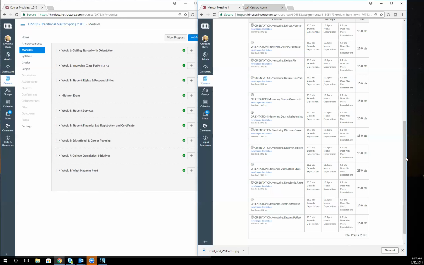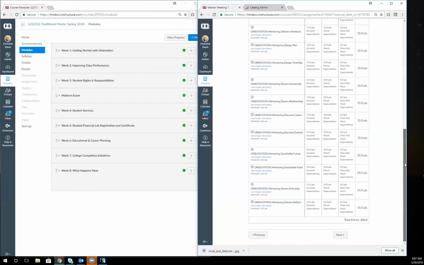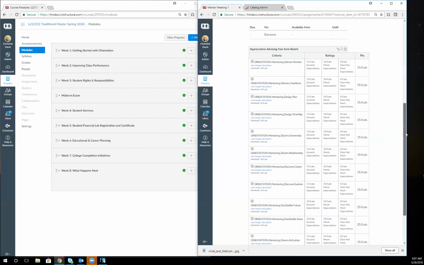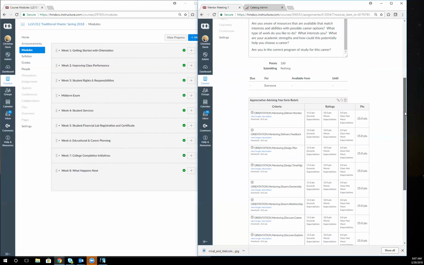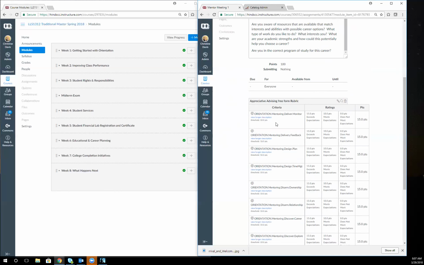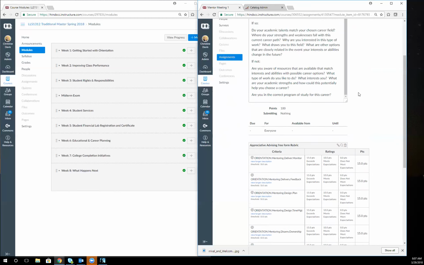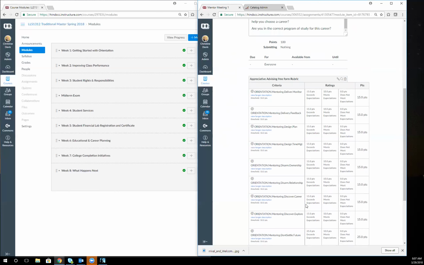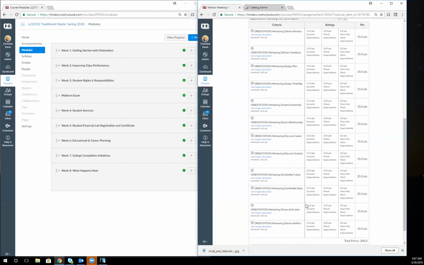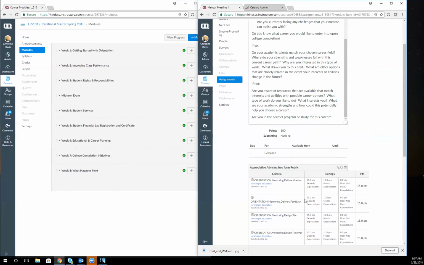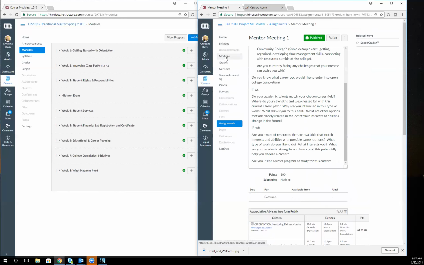And it's a total of 200 points, but like I said, it won't count toward their grade. You'll simply give them a grade for completing the mentor meeting, but this will give us some data about the appreciative advising process. So it's very important that in addition to asking these questions and giving your students a grade, that you fill out the rubric so that we can see how far they're getting in the appreciative advising